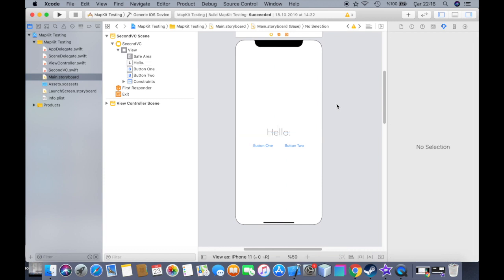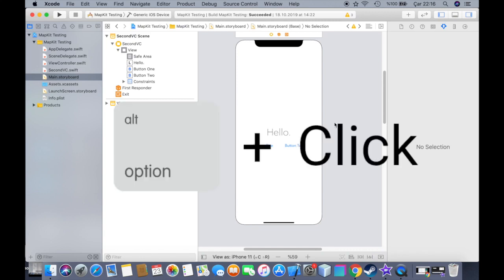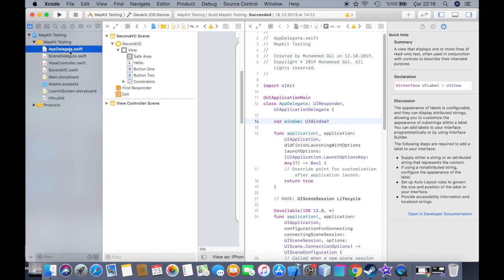Well, that's the second method and that's pretty easy. Just hold down the Option key and left click on the file that you want to open in Assistant Editor. This will directly put your code on the right hand side of the screen and here you can easily connect